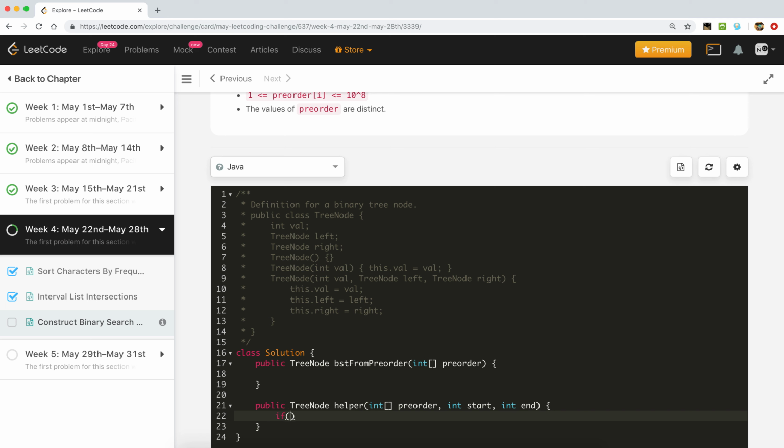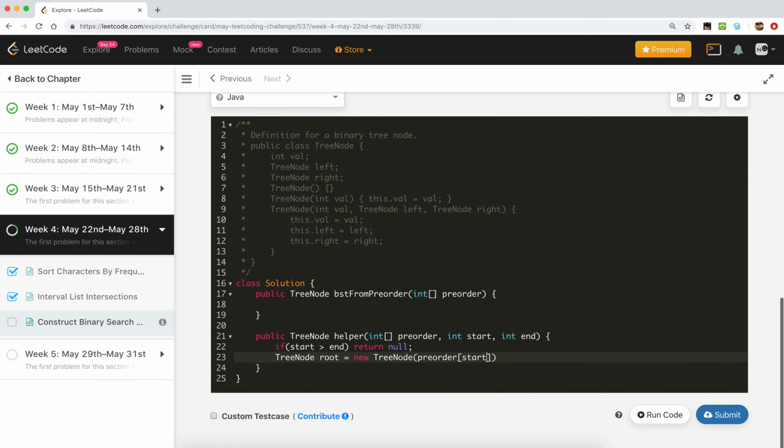Once start crosses the end, that means we have processed all the array. In that case we just return null, otherwise we create a node: tree node root is equal to new tree node with pre-order of index start. So always the starting point is the root node of that tree.